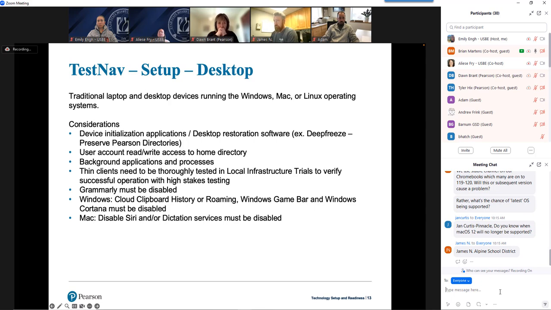Because Mac and Windows offer a lot of flexibility in what other things can be installed and configured on them, they can be trickier to set up in general for something like secure testing. So just be aware that one possible way around that is creating a generic user account specifically for the use of testing. And it's got things locked down appropriately so nothing interferes.